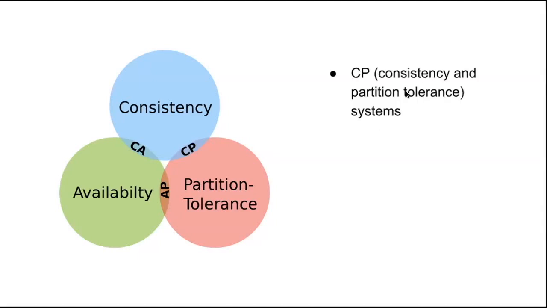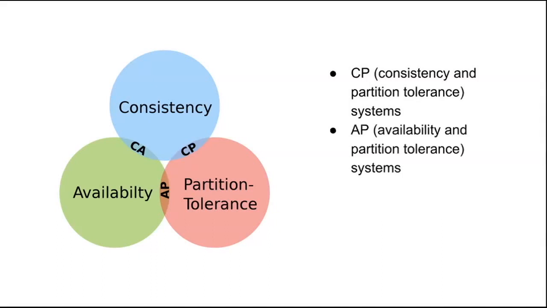If we talk about each in detail, then CP stands for consistency and partition tolerance system. AP is availability and partition tolerance system. CA is consistency and availability system. So if we start with CP, it supports consistency and partition tolerance by sacrificing availability, and AP supports availability and partition tolerance by sacrificing consistency, and in CA we support consistency and availability by sacrificing